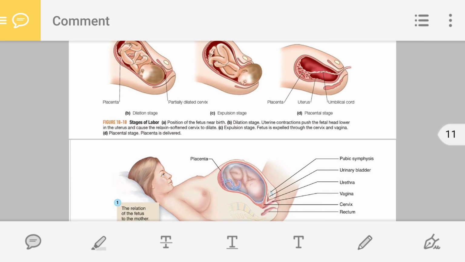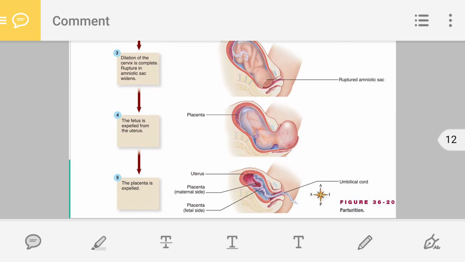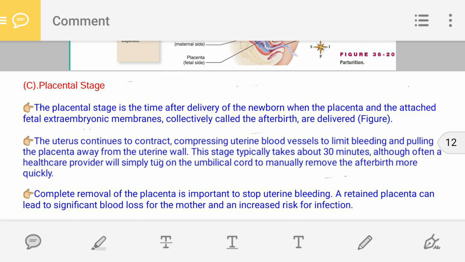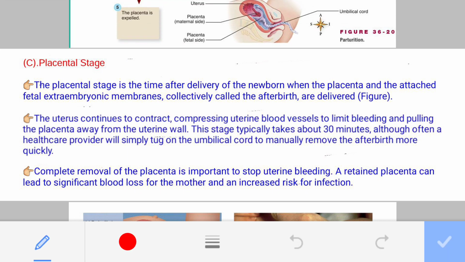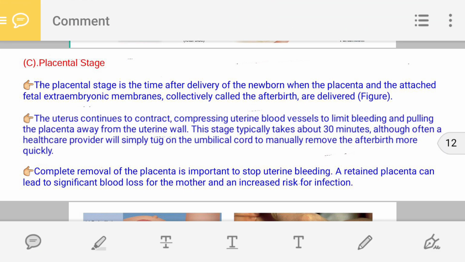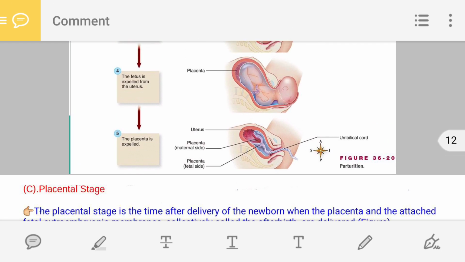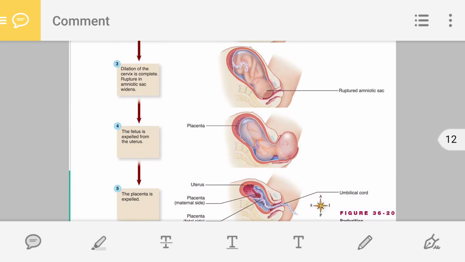Then the last stage of the labor, that is the placental stage. Okay, now after birth, what is after birth? This term I am explaining. Okay, so here you can see,